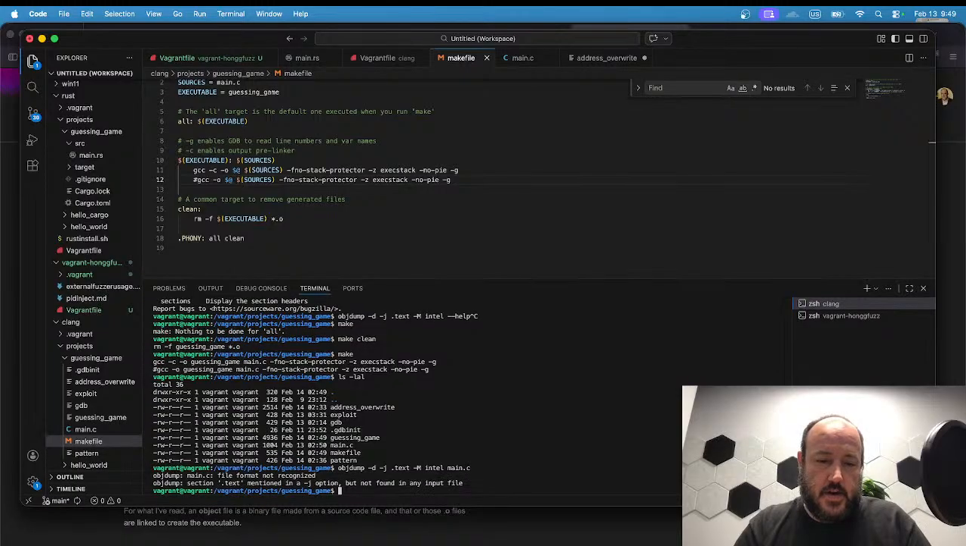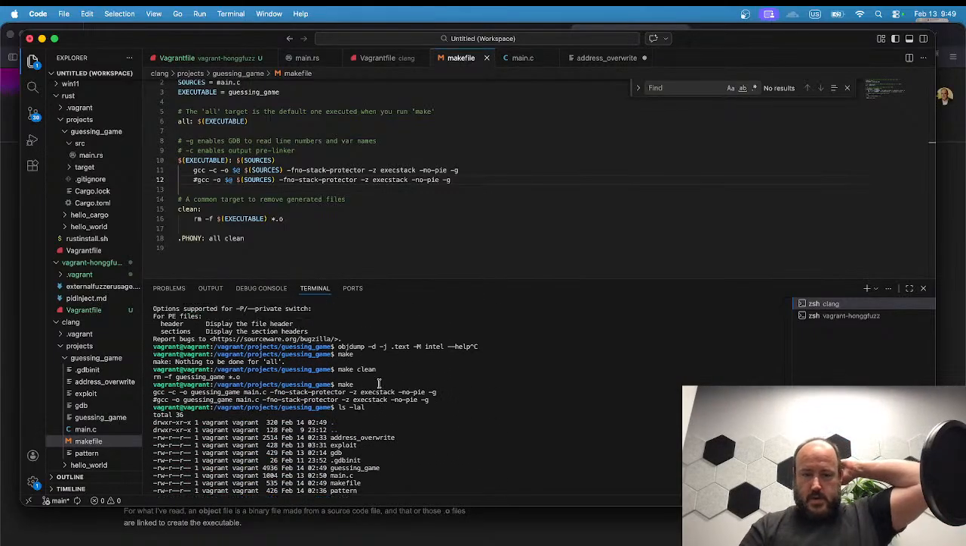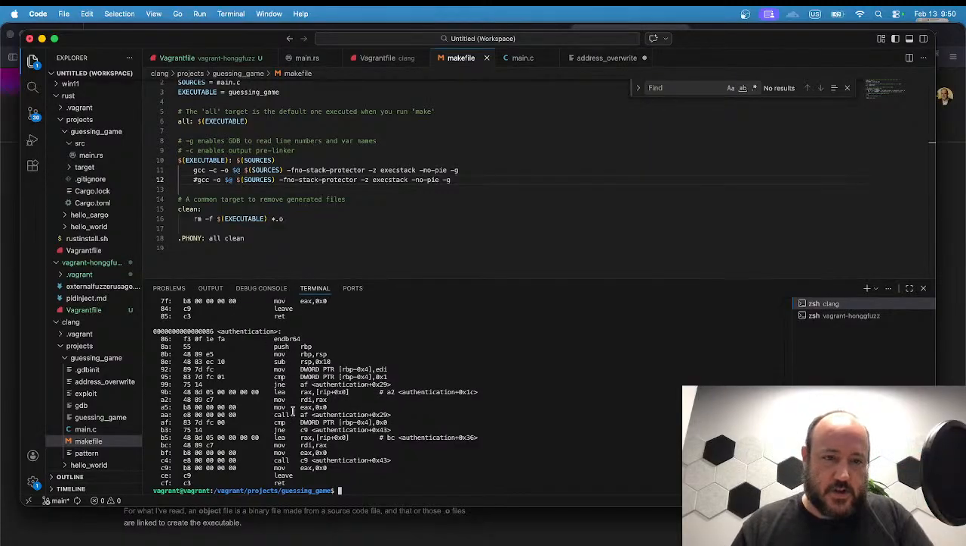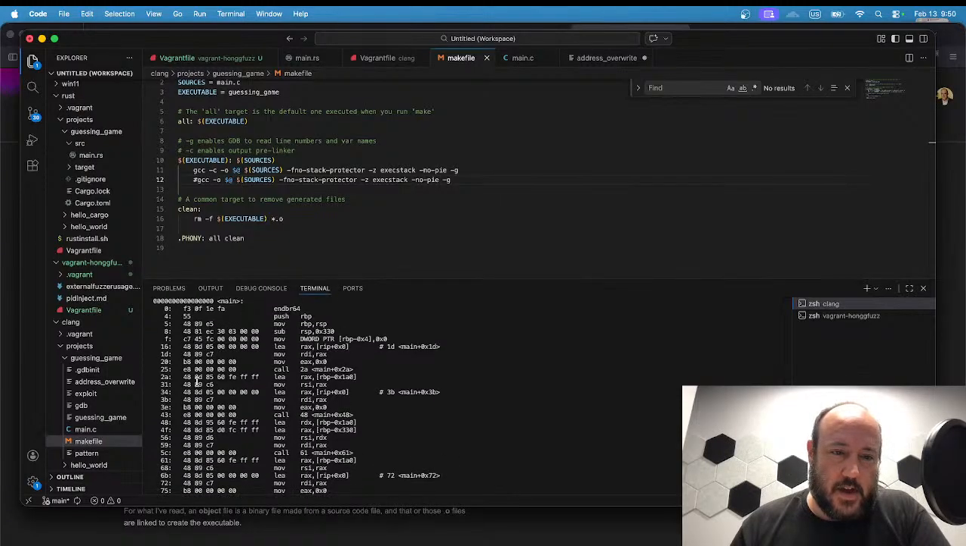See? No. It would be guessing game. There we go. This should make more sense because we have authentication, which is totally separate, which begins further down in memory than